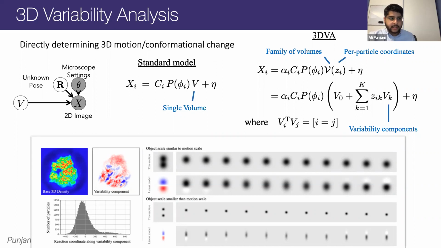It's an interesting idea in terms of something that could lead to something useful. At the end of the day, the model that's used here gives two things. One is expressiveness. So a more complicated model can potentially capture more kinds of heterogeneity. On the other hand, the model also determines whether or not it's possible to actually computationally infer the parameters of that model. So in 3D variability analysis, what we're able to show is that because the model is simple enough